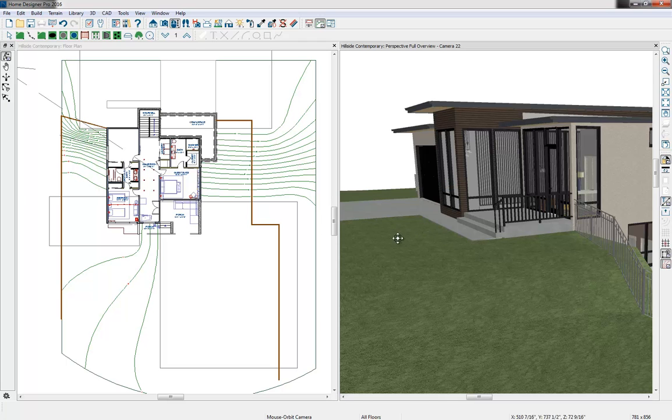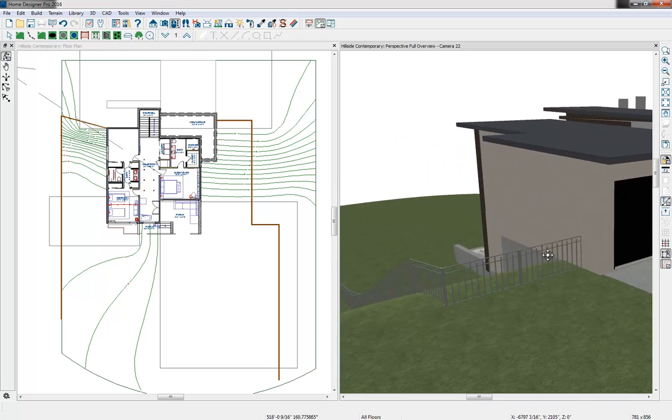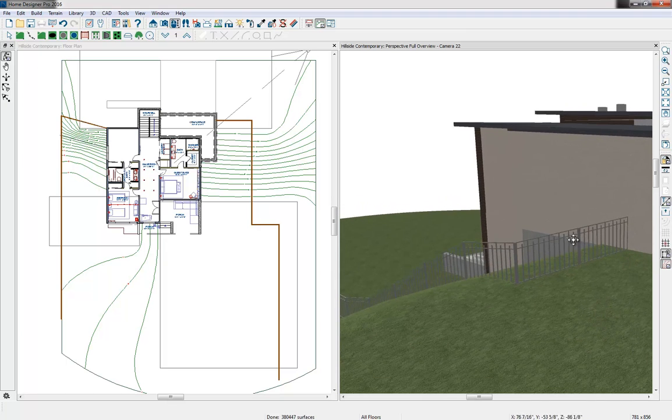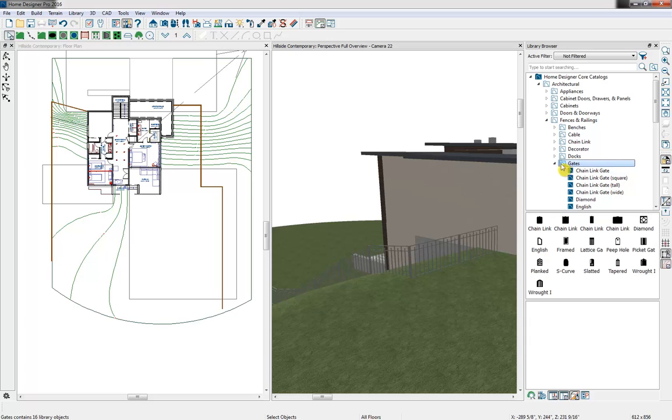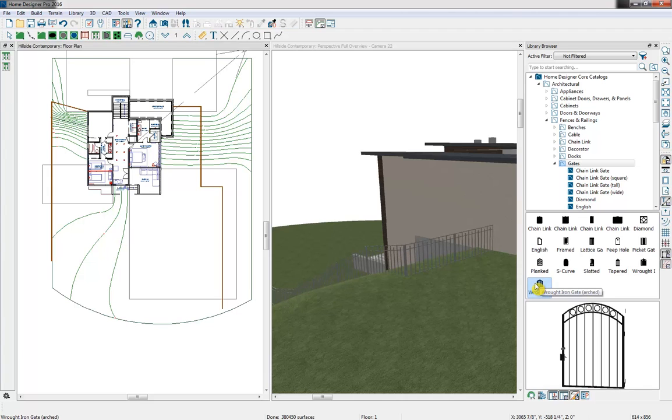I'm going to rotate around in our 3D view. And let's place a gate at the top here. So I'll get right back into my library area. This time I'll select my library browser. It's the little button with all of the books here. And I can find a gate through our core catalog. So that will be in our architectural, our fence options, and the gates. And I'll select the folder so I can see all of the different options here. So I'll select this wrought iron gate option and bring that onto my floor plan,